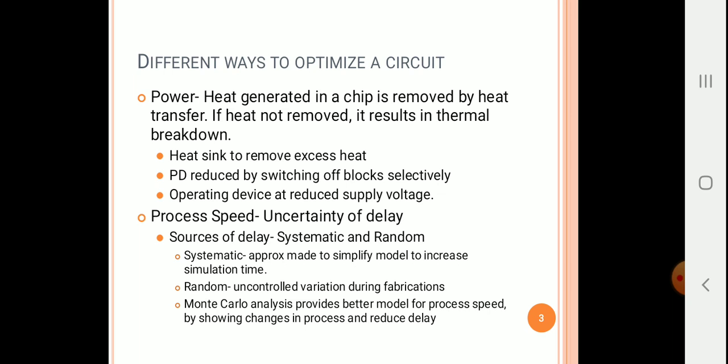The third type is about the power problem. Power, in the sense of heat. When there is excess power utilized by a circuit, it may cause heat across the IC. The removal or dissipation of this heat is important in increasing the lifetime of an IC. Several techniques have been proposed for removing the heat, which is done in order to avoid a thermal breakdown in an IC.